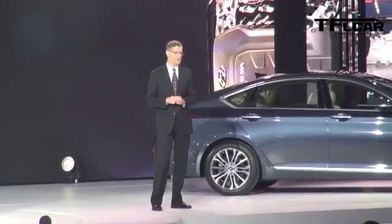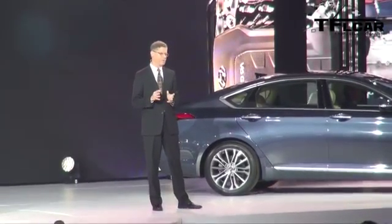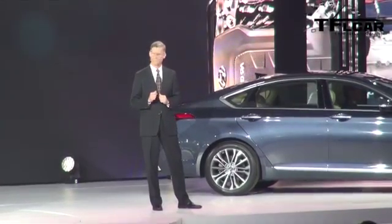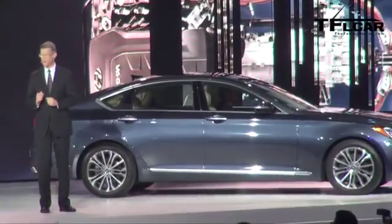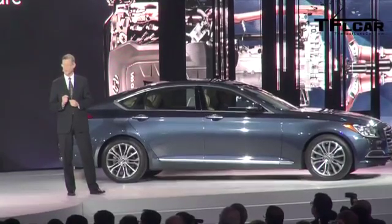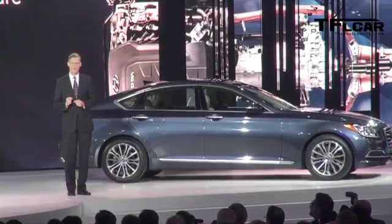Our goal was for the new Genesis to create the strongest and safest body structure in the class, providing both exceptional dynamics and unprecedented occupant protection. So we began with a clean slate, creating an all-new platform and body structure solely for the Genesis that is composed of more than 50% advanced high-strength steel. High-pressure die-cast aluminum shock towers,